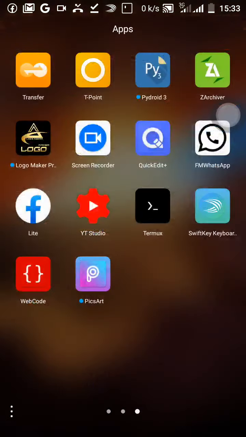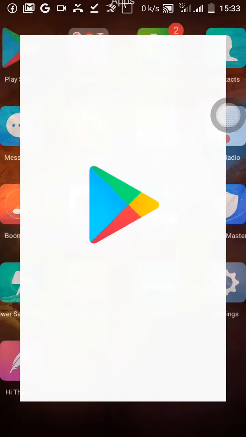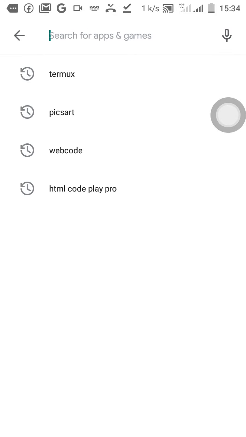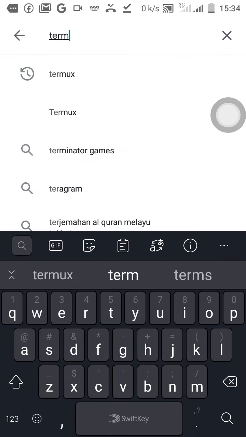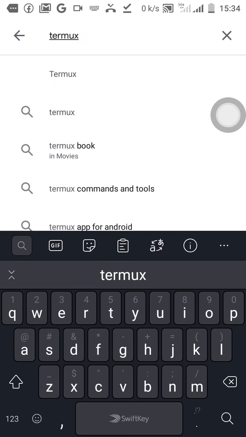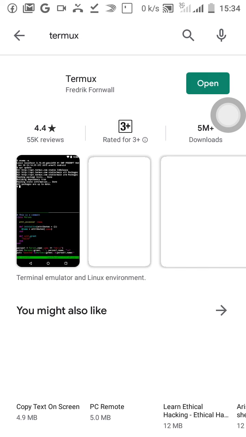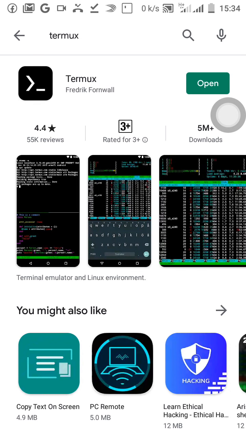Open up your Google Play Store and search for Termux. As you can see, I already have Termux installed. Make sure you install it, and once it's done, open it up